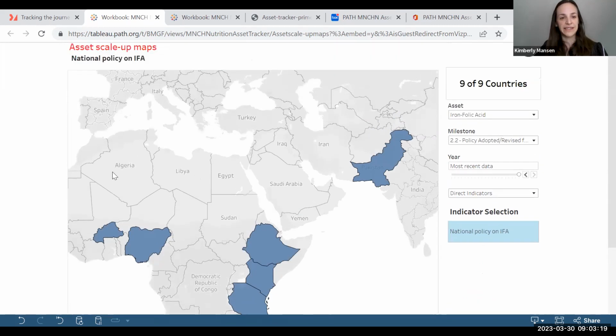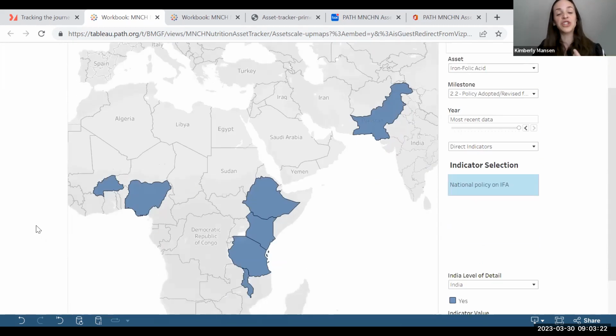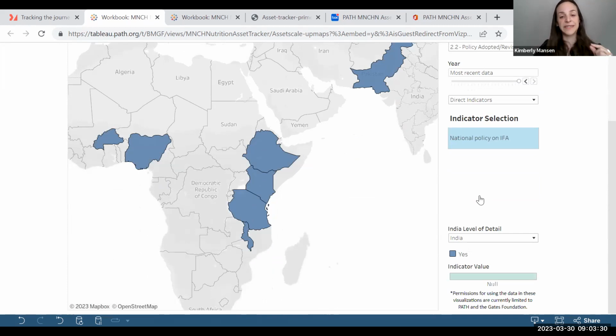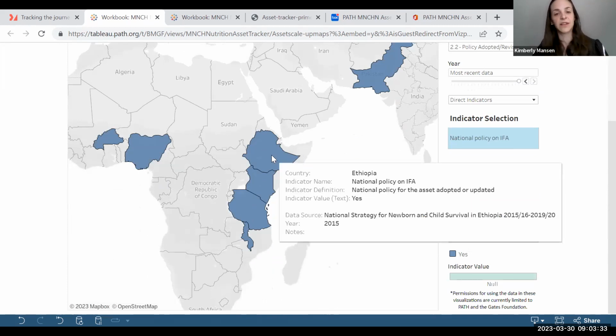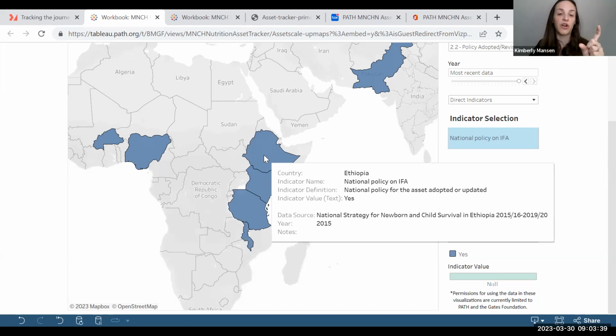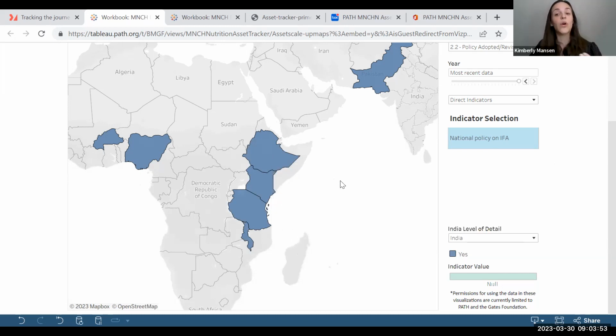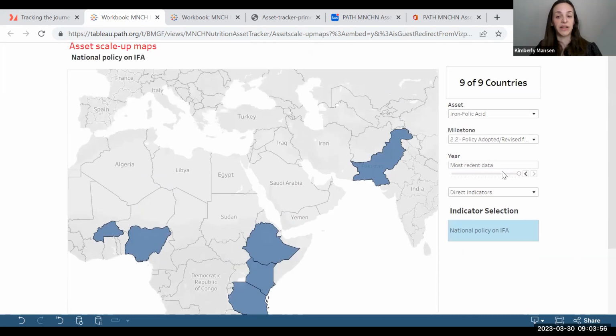One of the great things in the map, the reason you would turn to the maps is if you're interested in cross-country comparison of availability of the data. Specifically, you can hover over, this is called the tool tip part of it. You hover over the country that you're interested in, and you are able to see the location, the indicator that we're talking about, how that's defined, the data source, and the year that data came from. Where there is additional data information available, you can actually toggle through with different years.